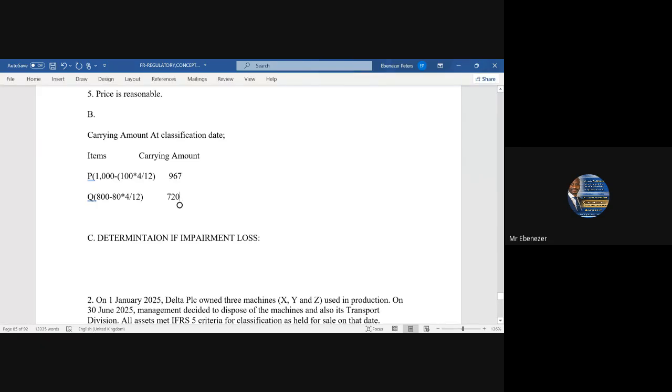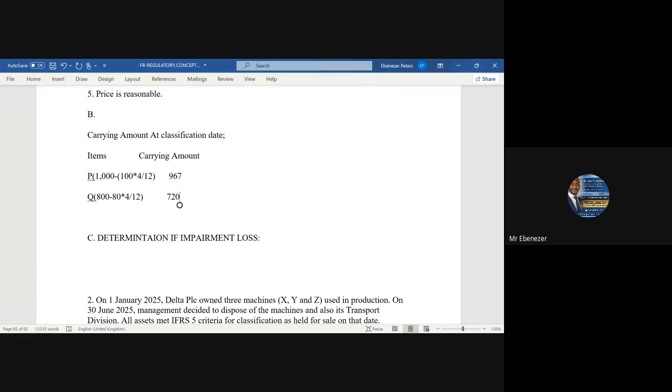That's what we have done in the B part of the question. So we have 100 multiplied by 4/12. The depreciation for the whole year is 100, but the depreciation cannot be more than 4 months. So 4 months over 12 multiplied by 100 will give us, let's say, 33. 1000 minus 33 will give us 967. The same thing for